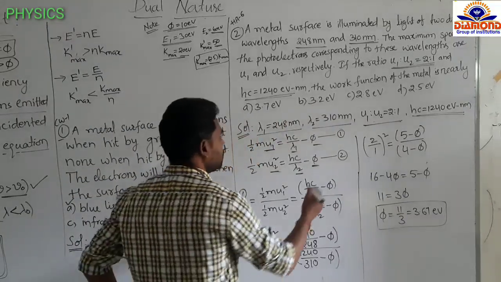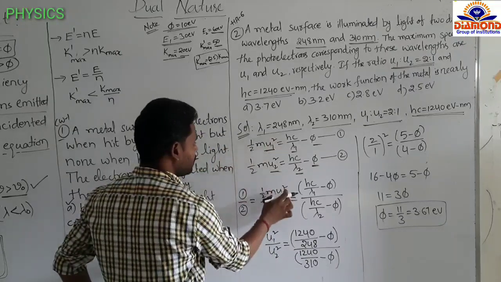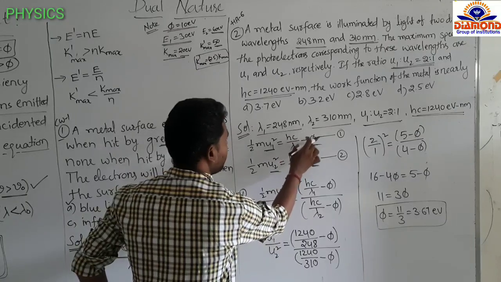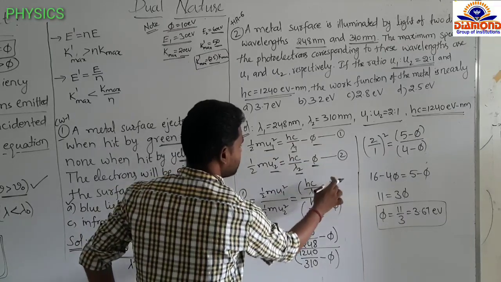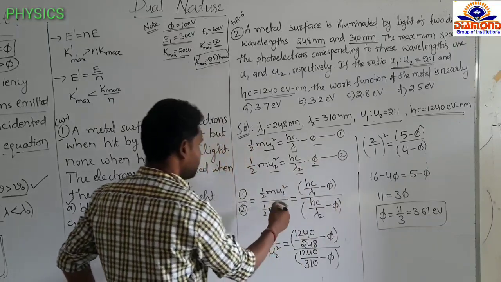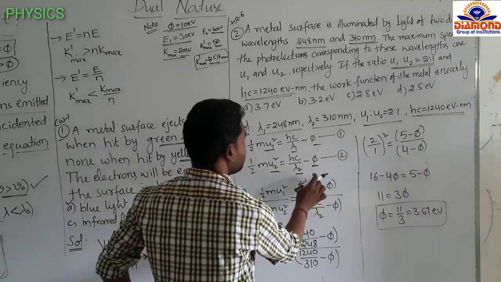So now I am dividing 1 by 2. If I divide 1 by 2, then half m u1 square by half m u2 square equals hc by lambda 1 minus phi over hc by lambda 2 minus phi. Here half m will be cancelled. We will get u1 square by u2 square equals the hc value, which they have already given,